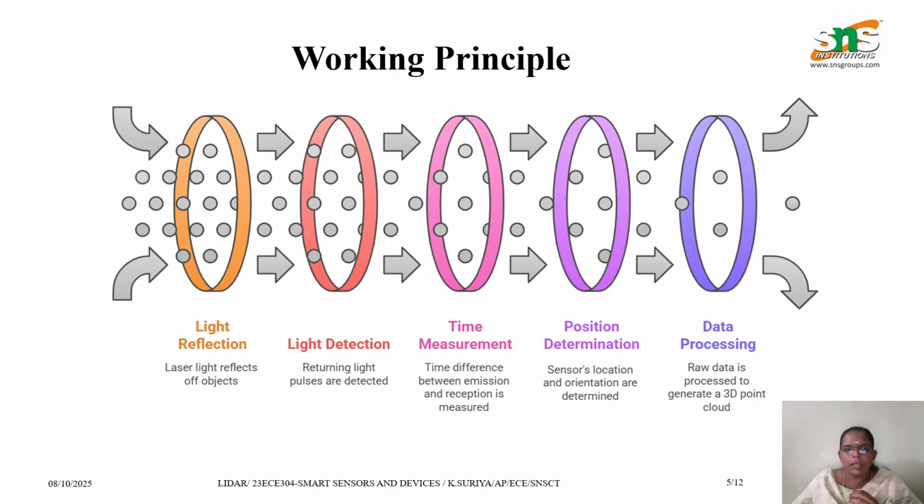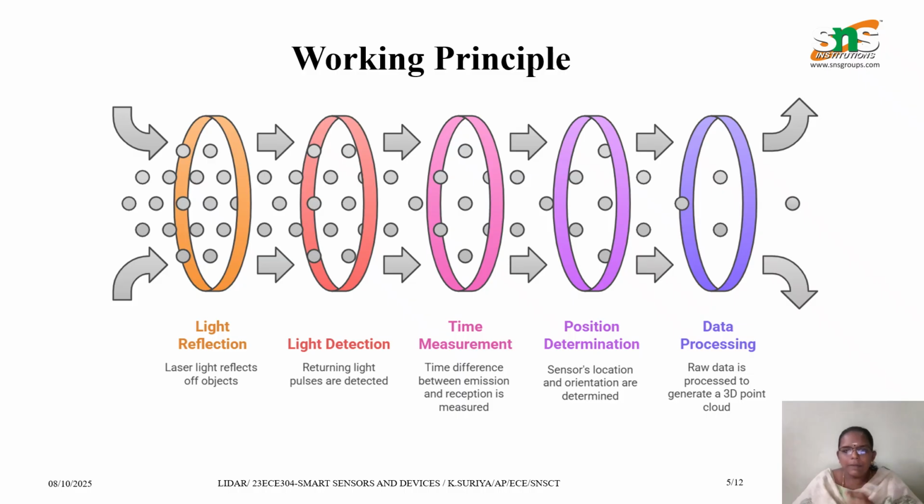Next, let us see about the working principle. So, the basic principle of LiDAR involves emitting laser pulses and measuring the time it takes for the light to travel to an object and return to the sensor. So, this time of flight measurement, along with the speed of light, is used to calculate the distance to the object. The key components and processes are, first, the laser scanner, which emits rapid pulses of